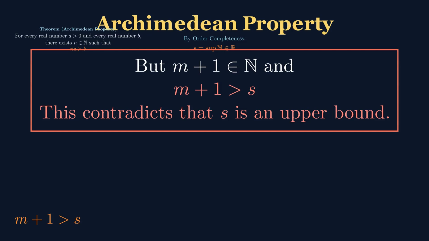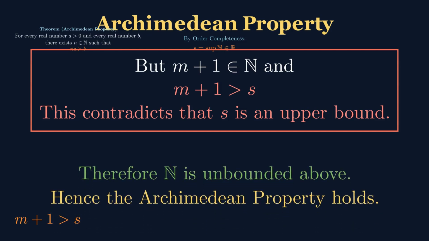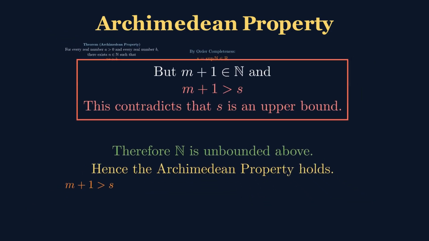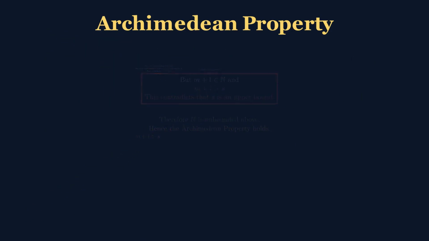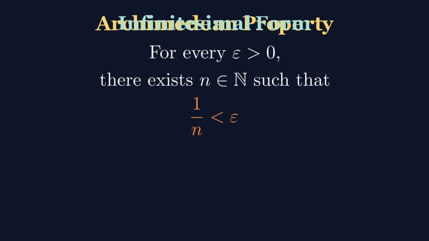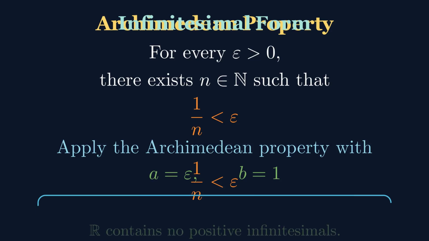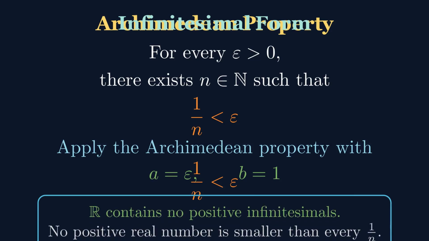It is used in proving the sequence 1 upon n converges to 0. It is also used in proving the set of rational numbers is dense in R. The infinitesimal form is widely used in various steps to prove many results in real analysis. No matter how unimaginably massive the universe is, and no matter how microscopically small a single atom is, one can always pile up a finite number of those atoms to eventually outweigh the entire universe.